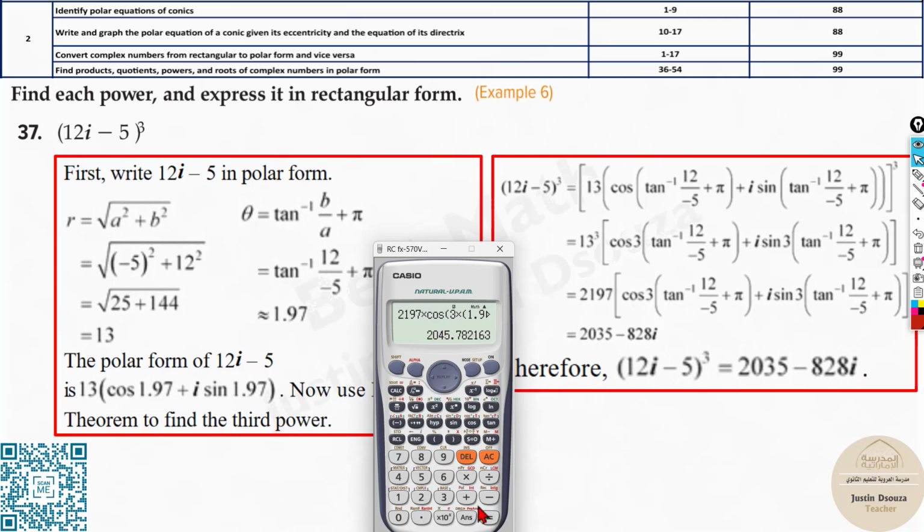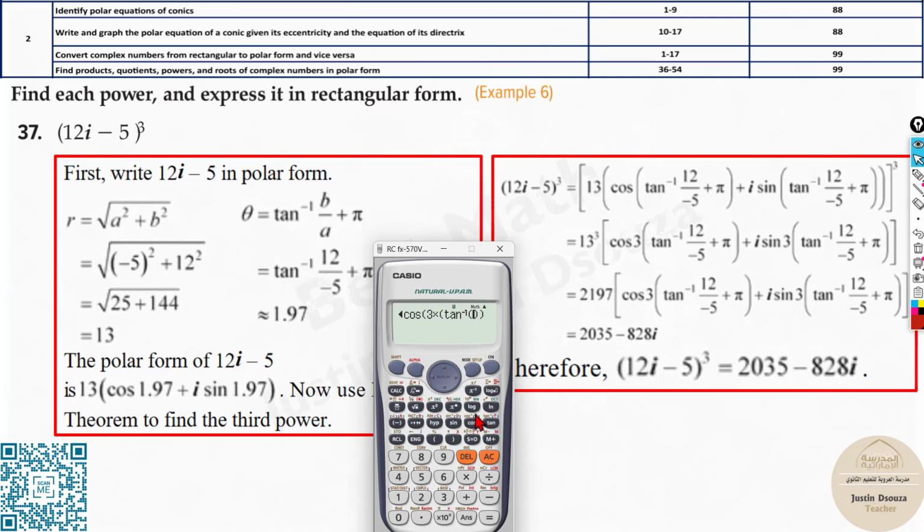Close the brackets. The answer is 20. Okay, see, now I understand why they have written the exact value. See, if you use 1.97, it varies a lot, isn't it? See, the variation is 1045. It's supposed to be 1035, but if you put the exact value,